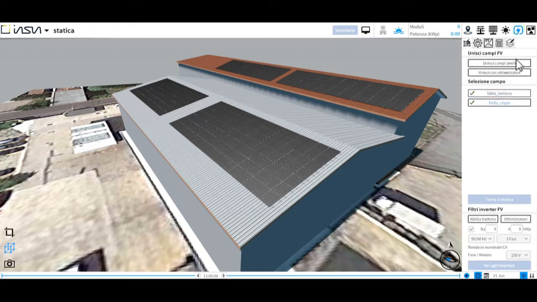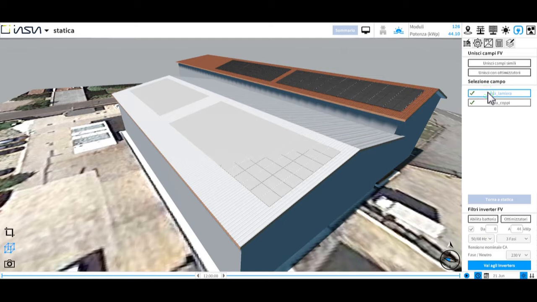Here we can find all the fields that we have created, that is all the areas where we have placed panels. In this case, sheet metal slope and tile slope. Let's assume that we want to complete an electrical setup only on the building with a sheet metal roof. It will be necessary, first of all, to select the field we are interested in. The system highlights the selected slope in the scene, and offers us filters to be applied to the search for